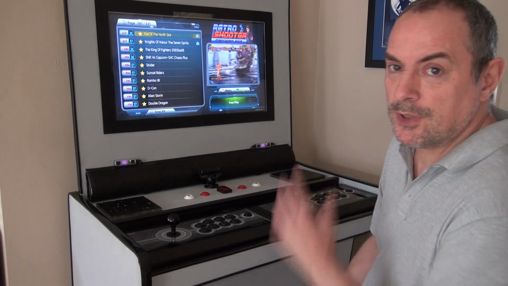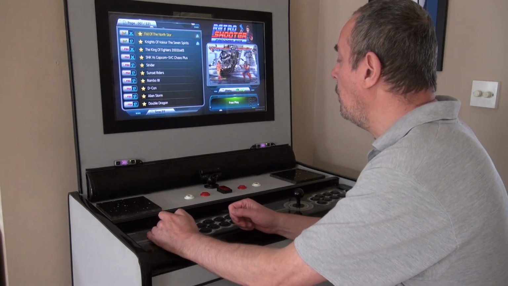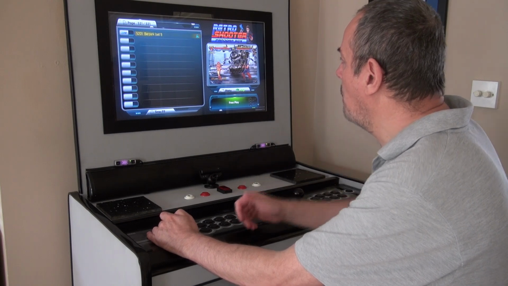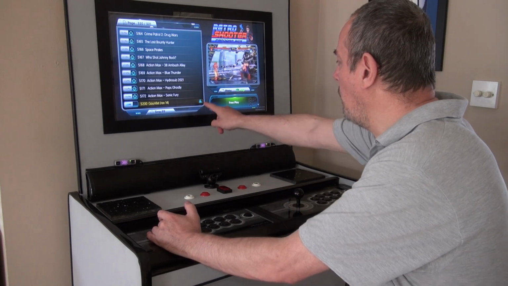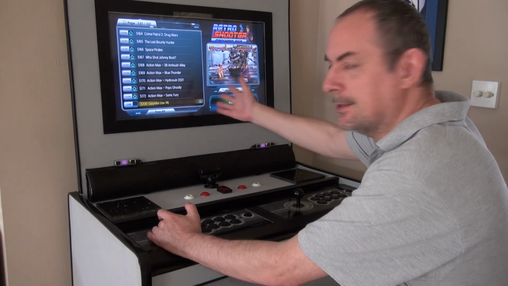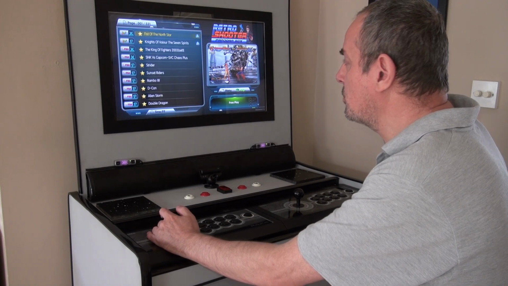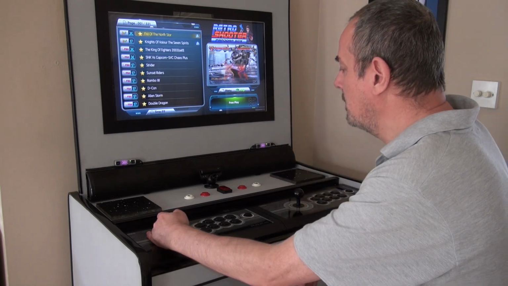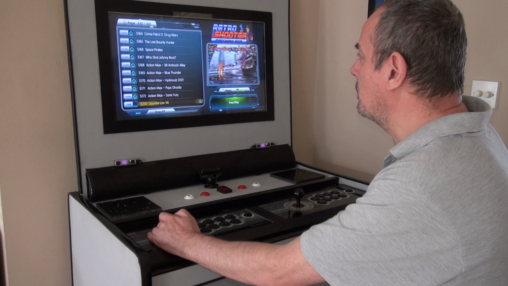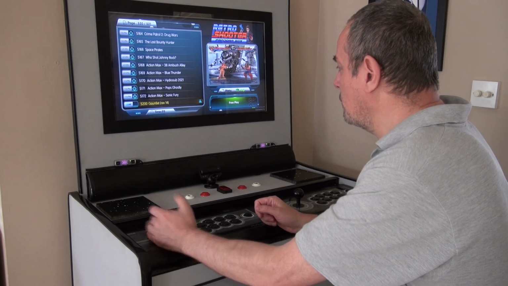Right, so that's the memory stick installed. Now let's see if the games are there, make sure that they work. Go to the bottom of the menu, because the ones that have got the little person symbol there means it's a user added game, so they're going to be at the bottom. So you can just jump straight to them from the start menu, just hit up on the stick and you'll jump to the bottom of the games list, and therefore you can find it straight away. But yeah, let's